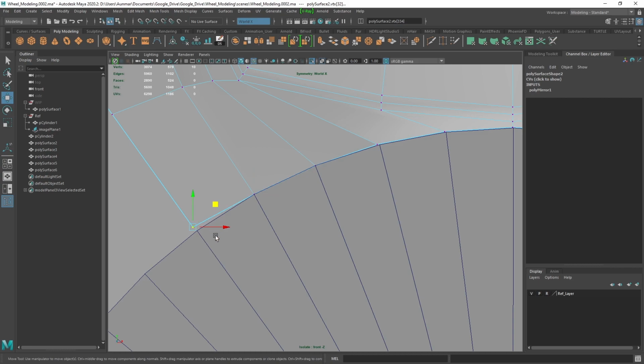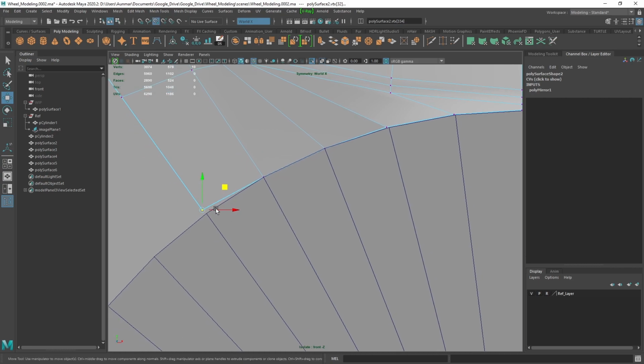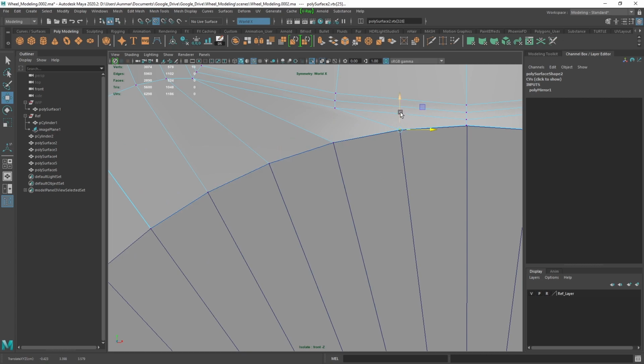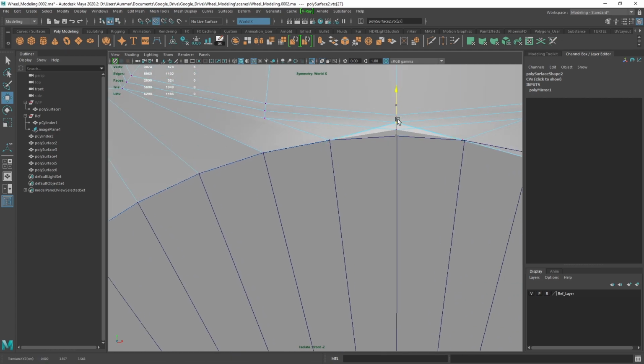Now, you can hold V and just use each one of these axes, and it'll snap it exactly on this position. It's a little bit more time consuming, and it's a little bit more precise, or perfectly precise. You don't need to do this. You just gotta get pretty close. But it just keeps it nice and